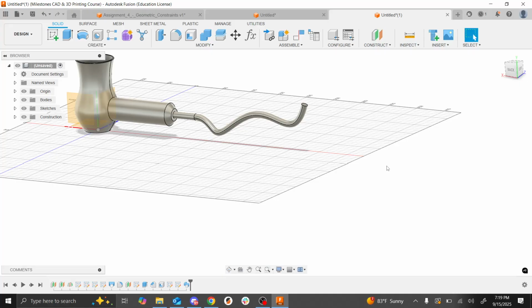I'm just trying to get the shape down before I worry about constraining. When you go to render, render, yeah, I'll just